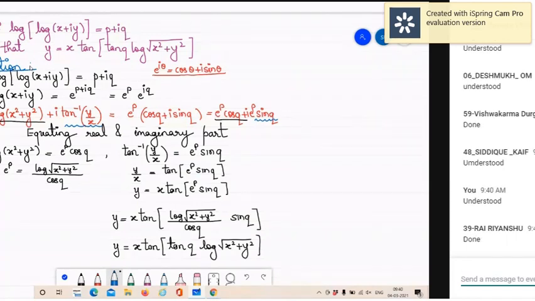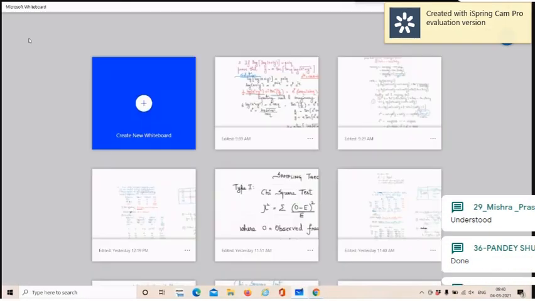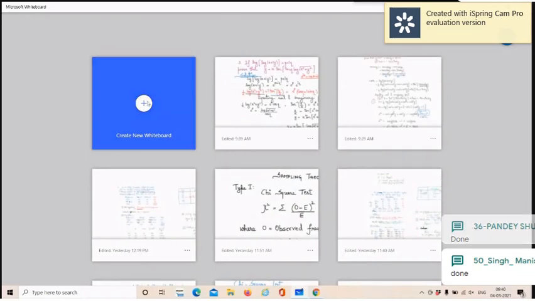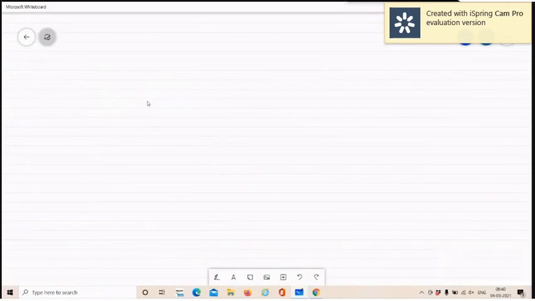Henceforth, when I'm giving you some sums to solve, you have to solve them. Then only you will have a good collection of solutions for your complex numbers, because every sum of complex will give you something or the other different. Is that clear? So let's go to the next sum.